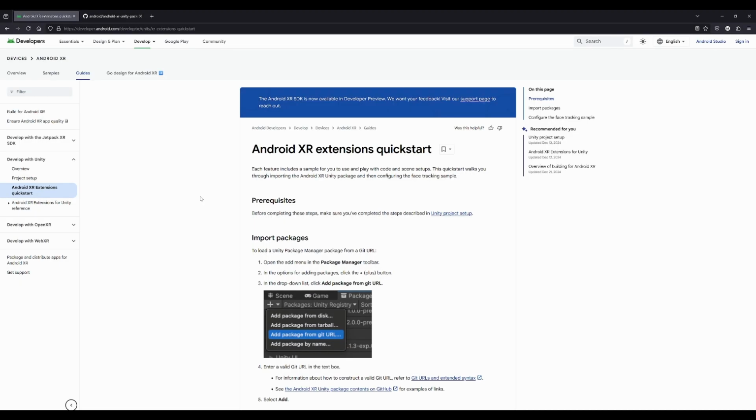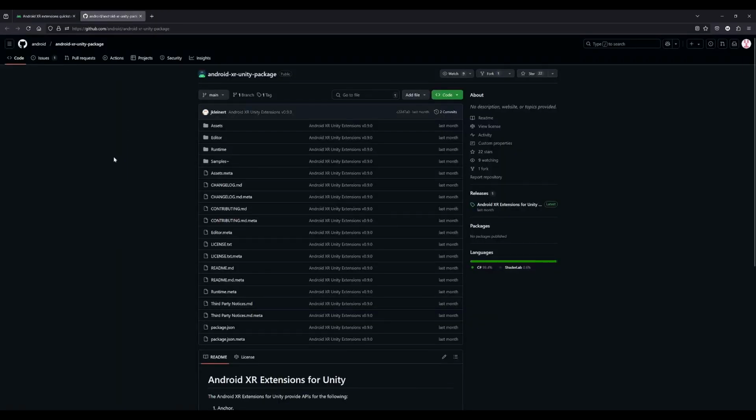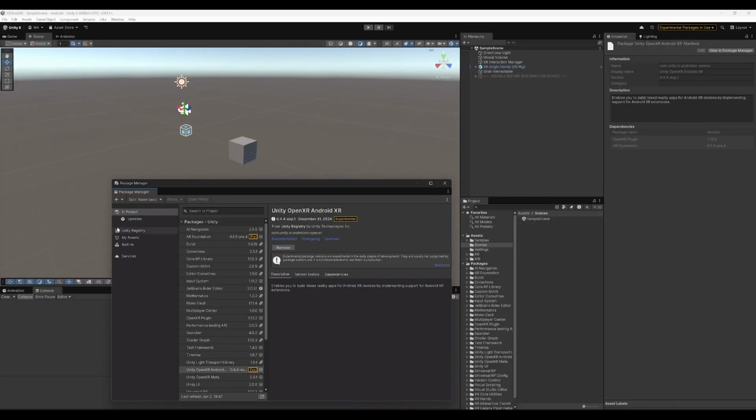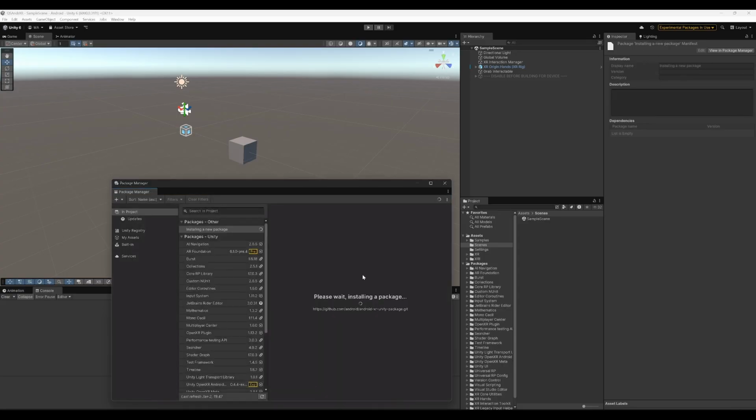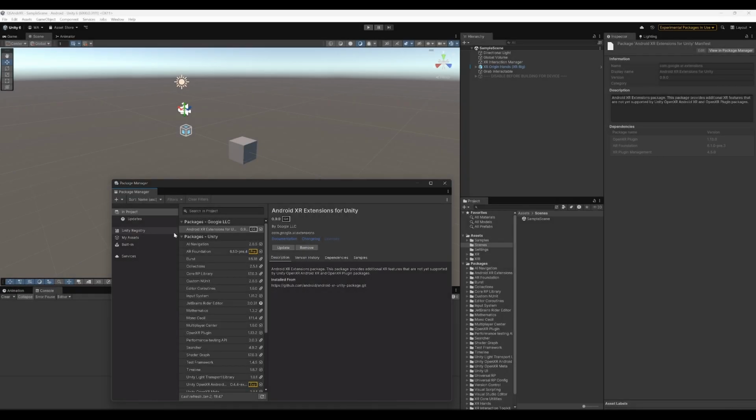When clicking on AndroidXR Extensions Quick Start, we can see that import packages is mentioned here. We have to download our tarball package or the Git URL. So we are going to do the Git URL. Going onto the GitHub page to code and copy this link here, and then go back to Unity into the package manager, click on the plus sign, install package from Git URL and enter the Git URL here. Go to install, wait a few seconds, and the AndroidXR extensions for Unity are installed,